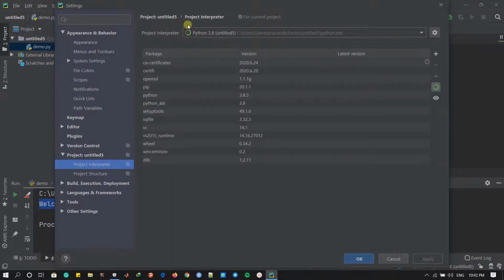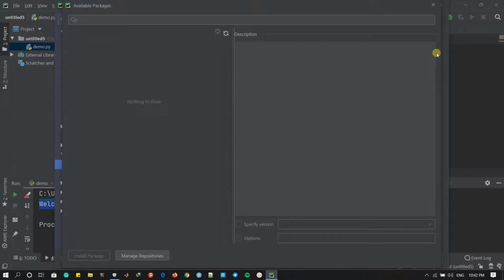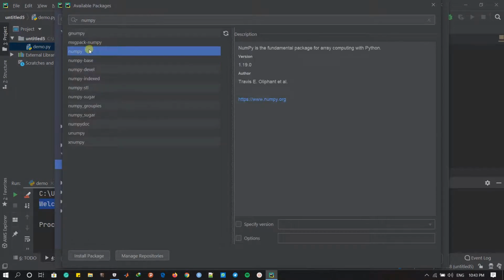Now this is showing you the project interpreter that you are using, and also giving a list of all the packages that are installed. Now let's say if you want to install a particular library, you have to click on this install or plus icon, and a window will open here. And let's say if you want to install NumPy, just type it and search it here. Now this is giving you the NumPy package right here,